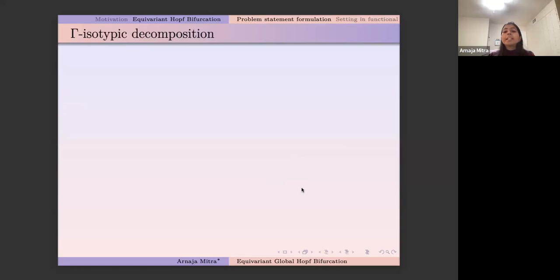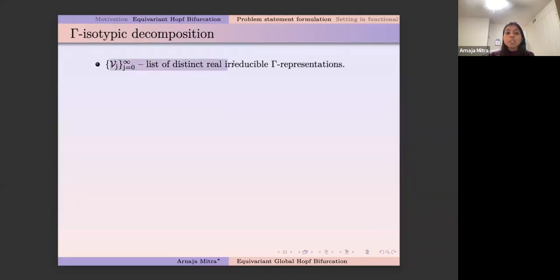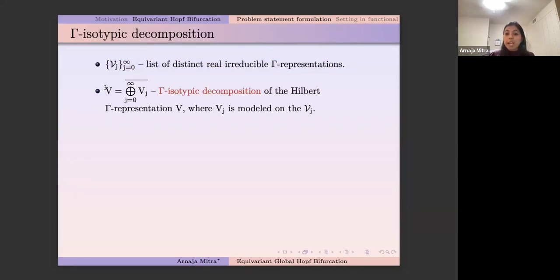Now, the main thing in our degree theory: in this system, we're using a degree theory method, a usual Brouwer degree-based method, but which will depend on an orbit. So in this case, the main concept is we need to use the decomposition. For the decomposition, you first consider the list of all distinct irreducible gamma representations. And then the space V, we will decompose in such a way Vj such